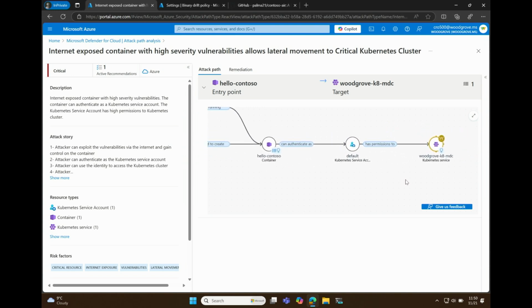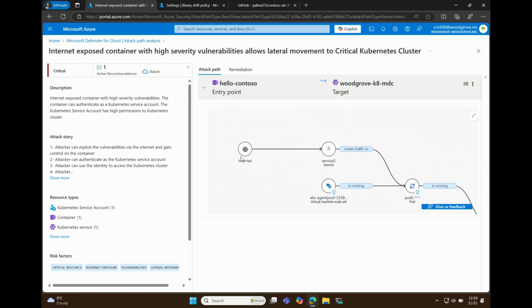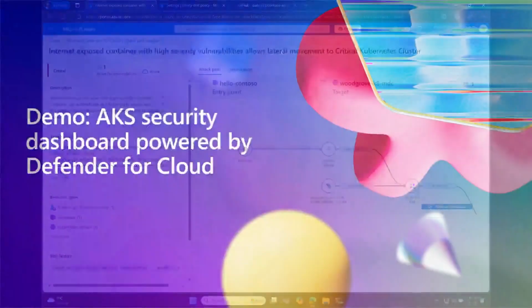And so you can see from this attack path analysis that someone could potentially go from the internet all the way down into your Kubernetes API, working their way through that pod. And so this is really, really helpful to really understand not just, hey, there's some CVE, because there's lots and lots of CVEs out there, but actually to understand what should I do and which of them should I prioritize. All right, so we'll go back over to the main deck.